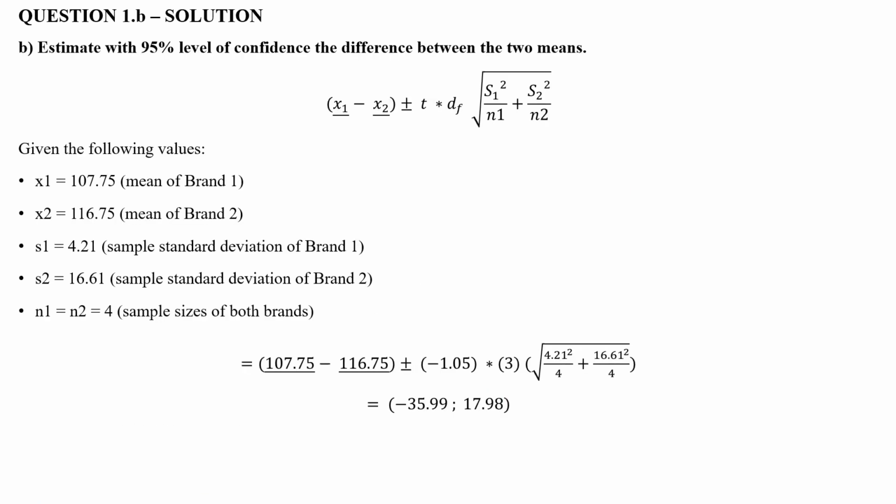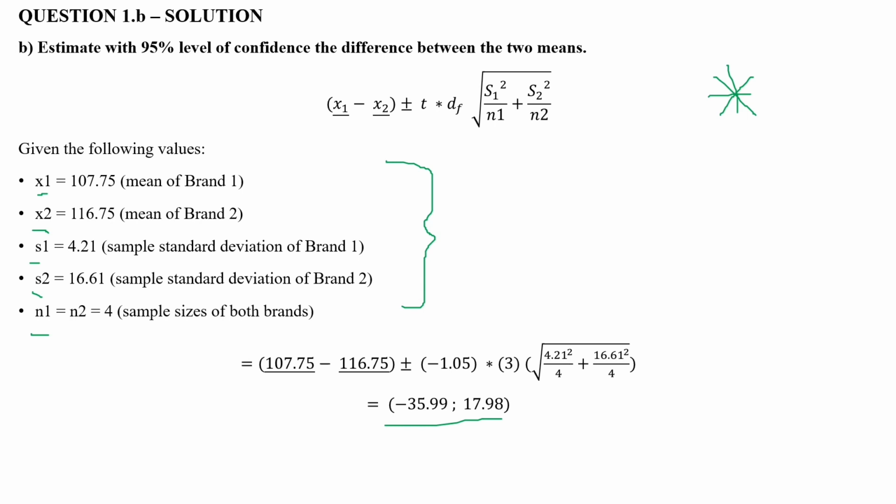Moving on to the second question, we are asked to estimate the difference between the two means with a 95% level of confidence. Now, the formula for estimating the difference between the two means is provided here. And if we plug in these values that we just went over, this includes the mean of both samples, the standard deviation of both samples, and the sample size of both samples, we should get an answer. Therefore, our confidence interval is minus 3.5,